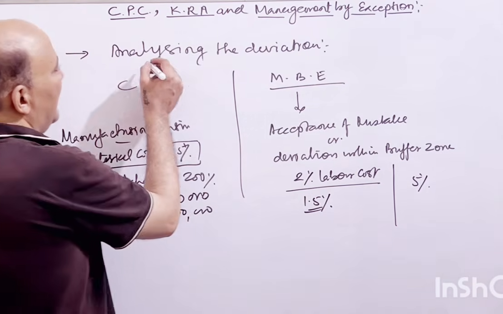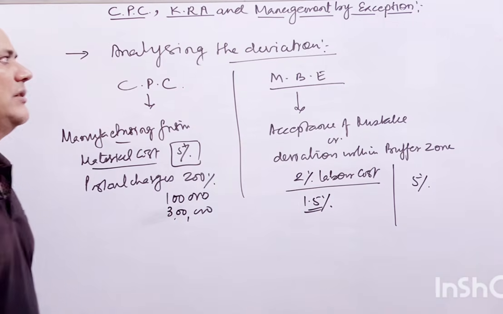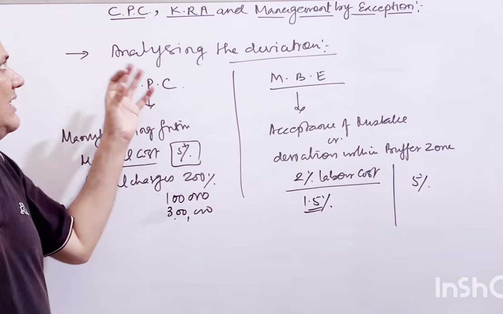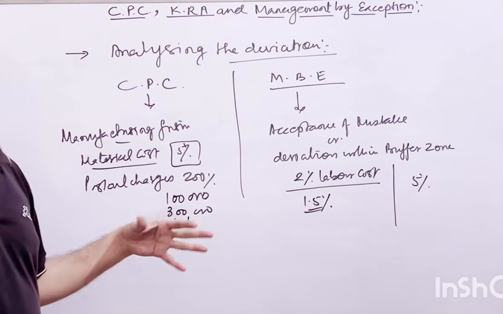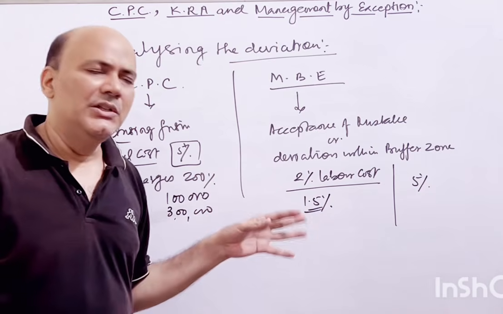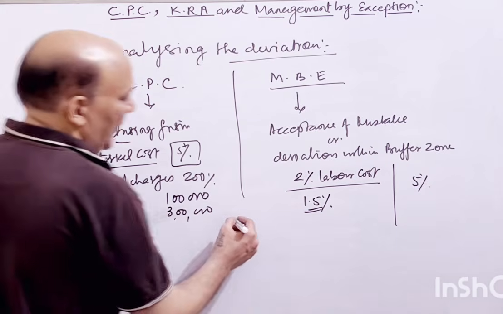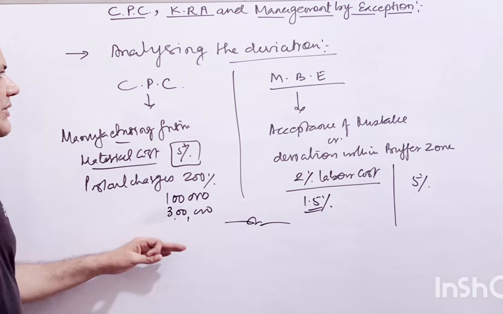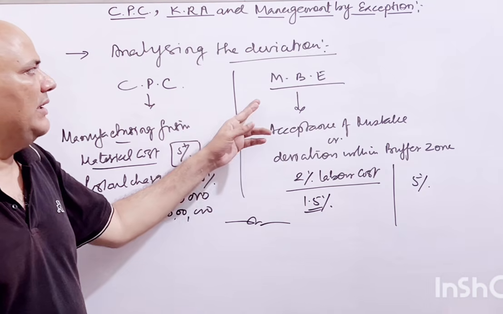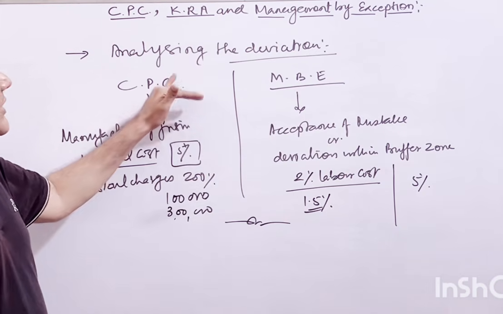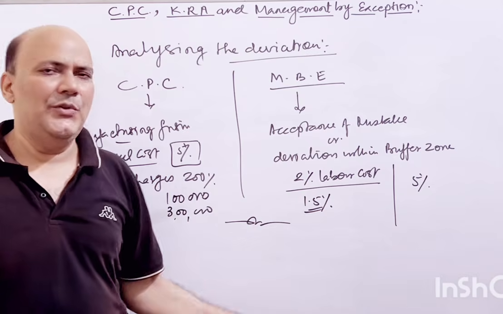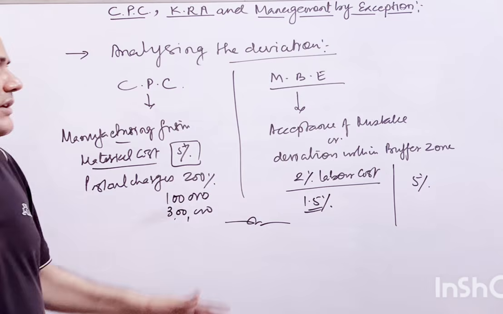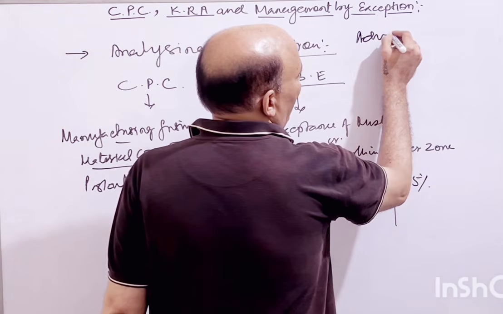There are certain questions which have been asked by the CBSE in board examinations for these, and sometimes they give case studies, so you have to understand these words and their applicability in the organization, right, and how important they are. So these are very important as far as straight questions or case studies are concerned. So you have to understand why the CPC is being used and why the MBE is being used, and that is for analyzing the deviation, so that the performance of the employee can be enhanced, and the time of the manager saved. So there are certain advantages of both the things.